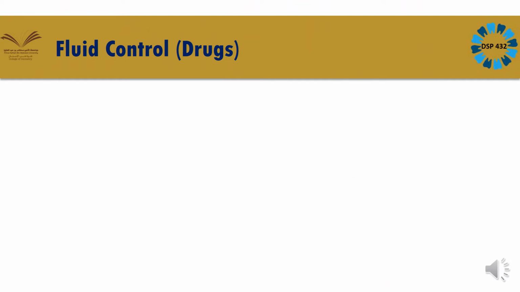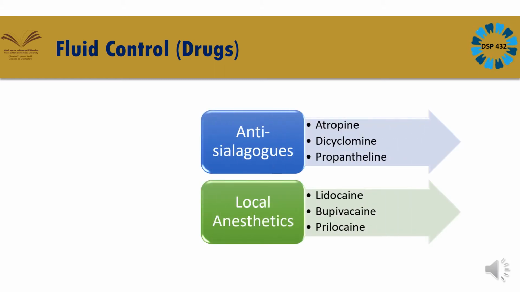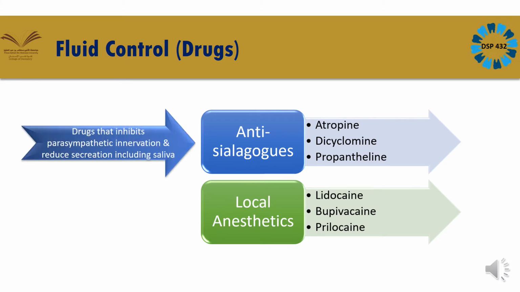of your final impression. Now coming to the fluid control, now this is a second part of that fluid control. We have certain drugs to control this fluid, like your anticholinergic drugs, like atropine, dicyclomine. So all these drugs you are supposed to give around 30 minutes before to your patient, so that he will be relaxed and there will be less secretion of the saliva, and you will get proper isolation.